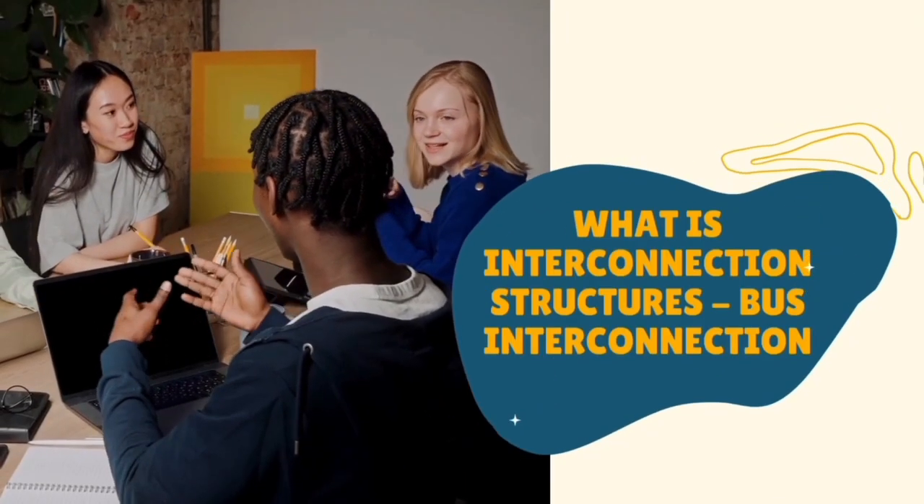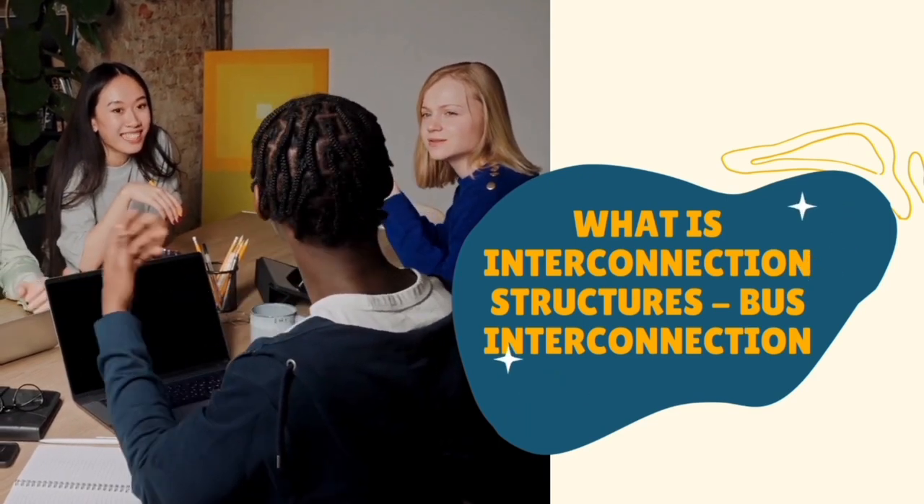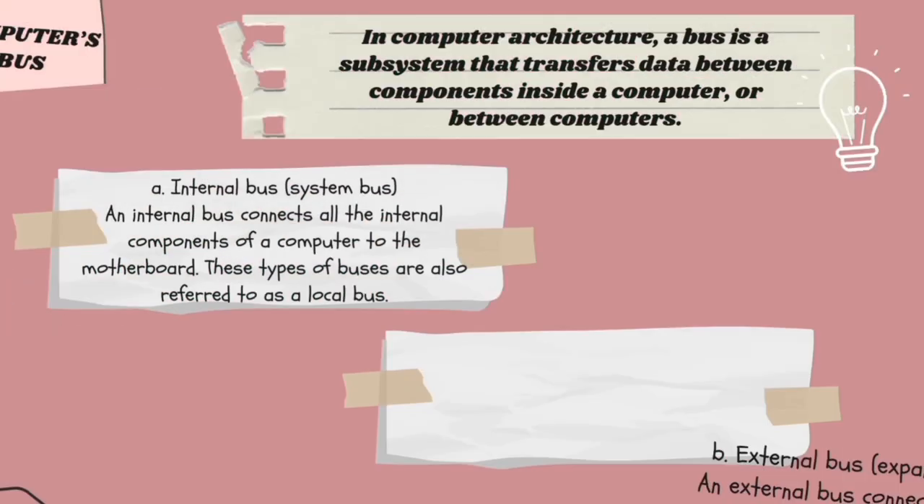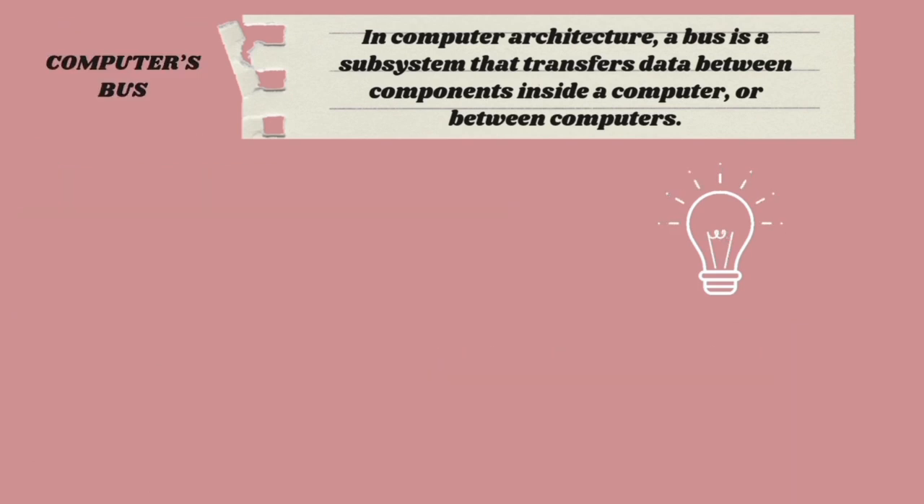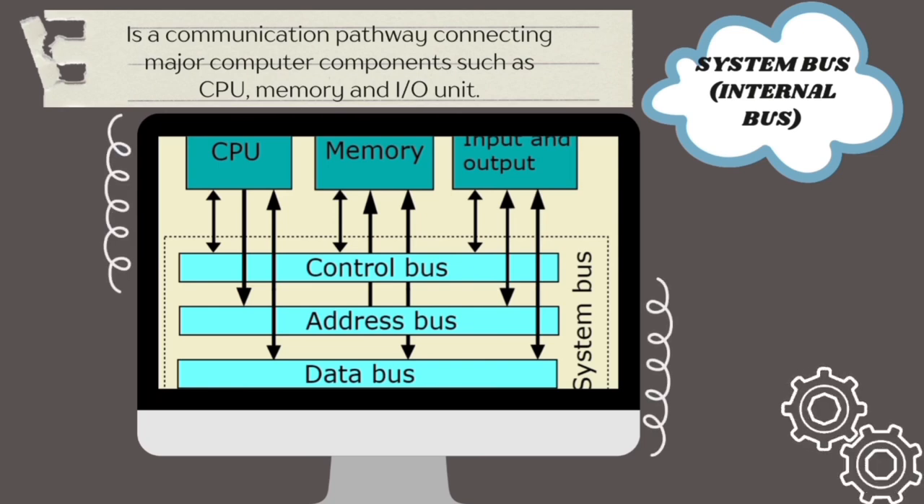What is bus interconnection in interconnection structures? Let's see. In computer architecture, a bus is a subsystem that transfers data between components inside a computer or between computers. And there are 2 types, which are internal bus, known as system bus, and external bus, known as expansion bus. In system bus, known as internal bus, a communication pathway connects major computer components such as CPU, memory, and I/O unit. And the diagram below shows